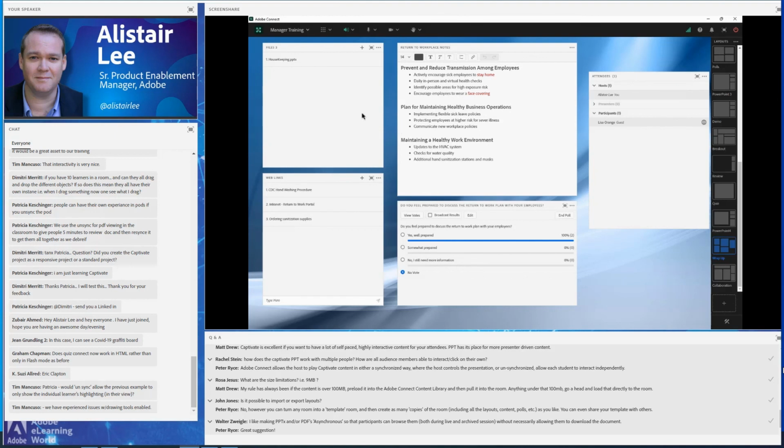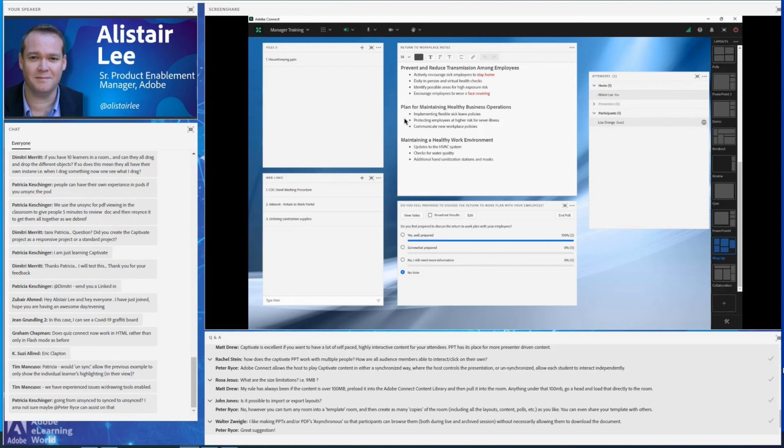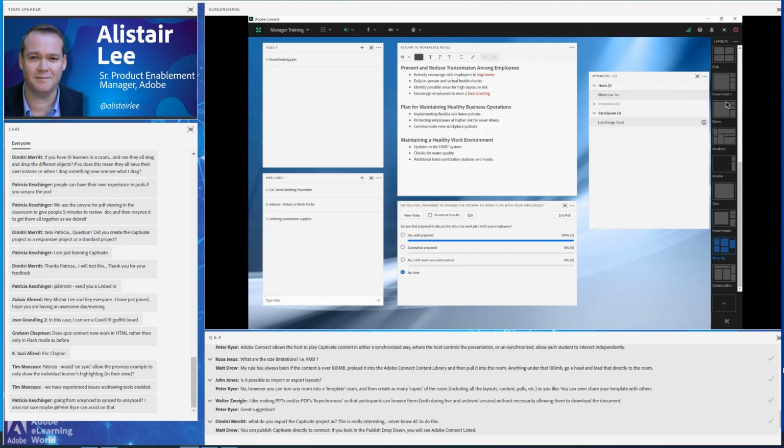So this is a way that we can provide all of this. We can essentially design interaction into our virtual classrooms by putting some thought into how we want that interaction to occur throughout our session, and by creating layouts that not only match our learning objectives, but that incorporate that interaction throughout the session that we're delivering.